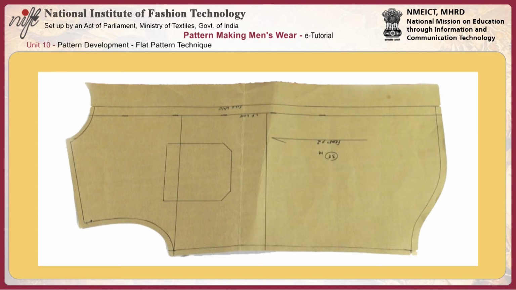We have the parts of front, left and right. That means to be cut 2. Back, which is on-fold, to be cut 1. Sleeve to be cut 2, a pair of sleeve. Yoke to be cut 2, which is also a pair of yoke. Then collar band, both of them to be cut 2 pairs,